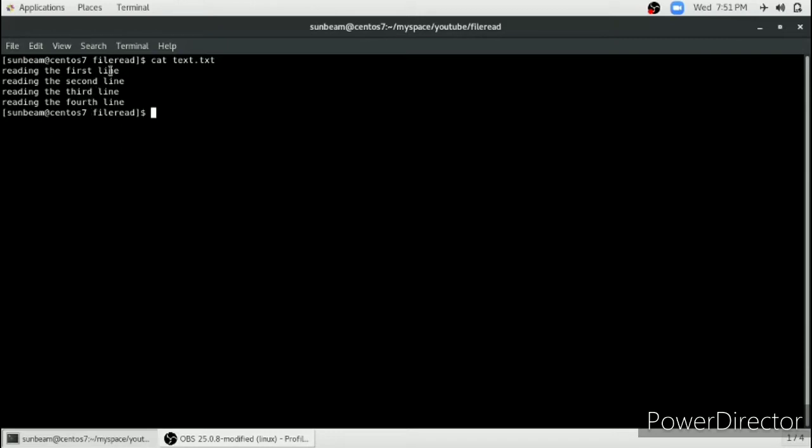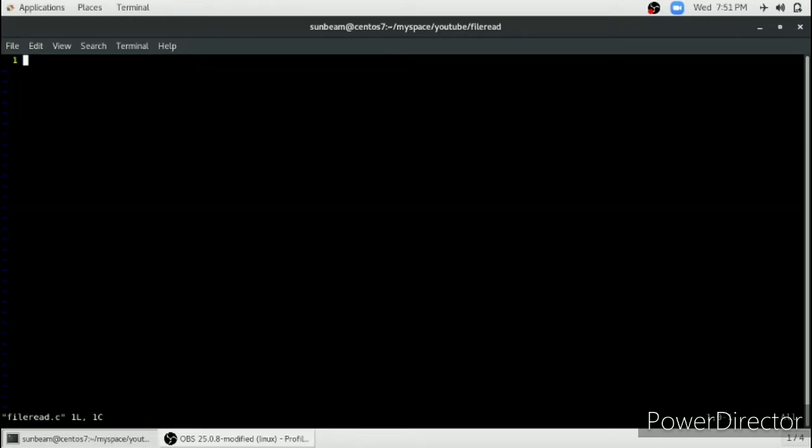To read it, we'll open a program, and in this program we will include our header file. We will write our main function, and to open a file we have to use the fopen function.